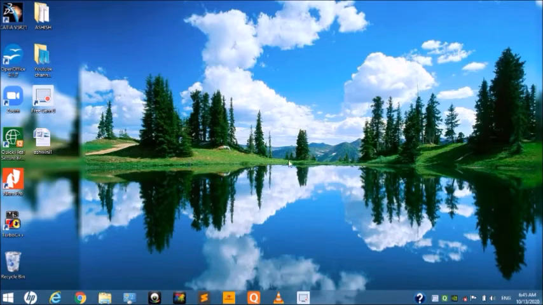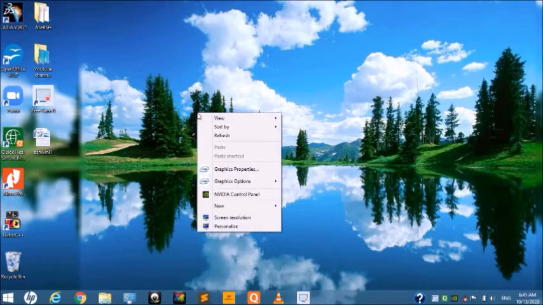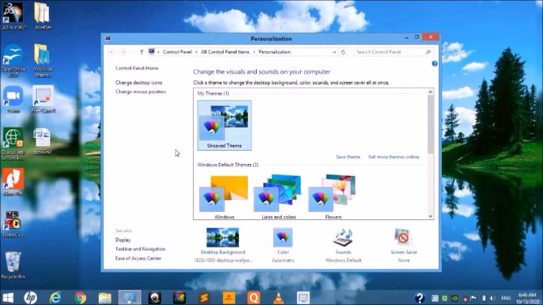Okay, so this is our blank desktop. So first right click in the blank area of the desktop and choose the Personalize option in the shortcut menu. Okay, so look at here at the last, this is the option here, choose it. When we choose it, the Personalize dialog box will automatically appear here. This window gives multiple types of background themes, for example Windows, lines, colors, flowers, etc.